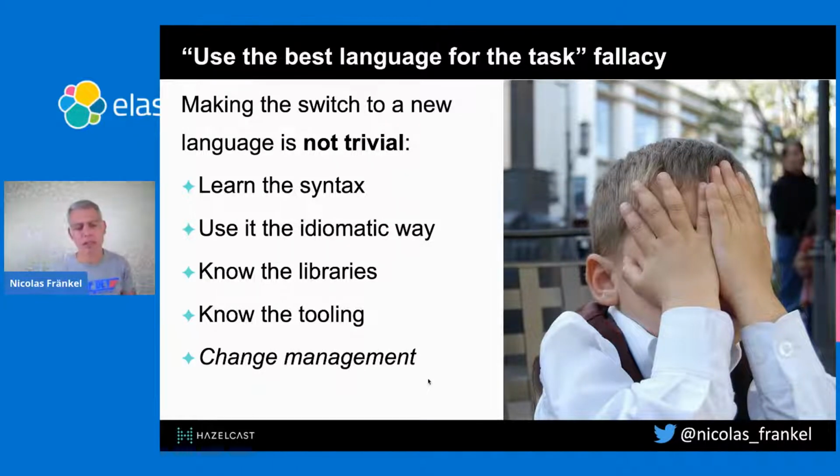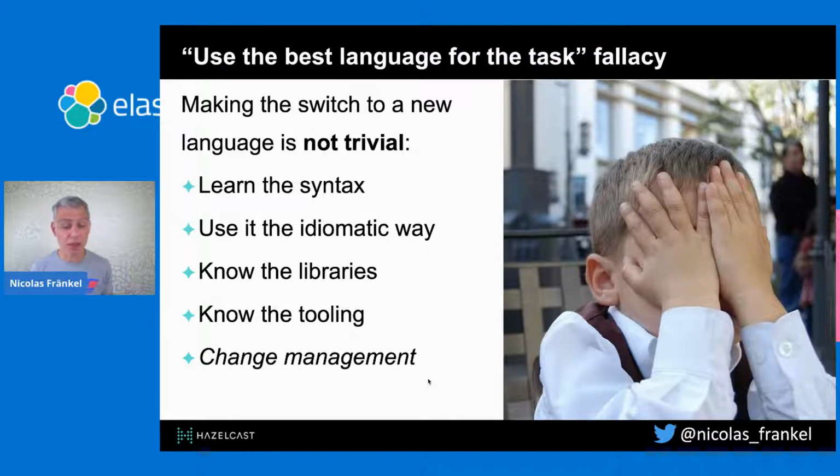The problem is not learning the syntax. The problem is to write idiomatic code. Again, when I started working, it was at the time when people from C and C++ started to switch to Java, and you could recognize the code from somebody who knew C or C++ before. At the end of every method, they reset the variable to null because they were afraid they would create a memory leak, and just wanted to tell the garbage collector, hey, this is okay.